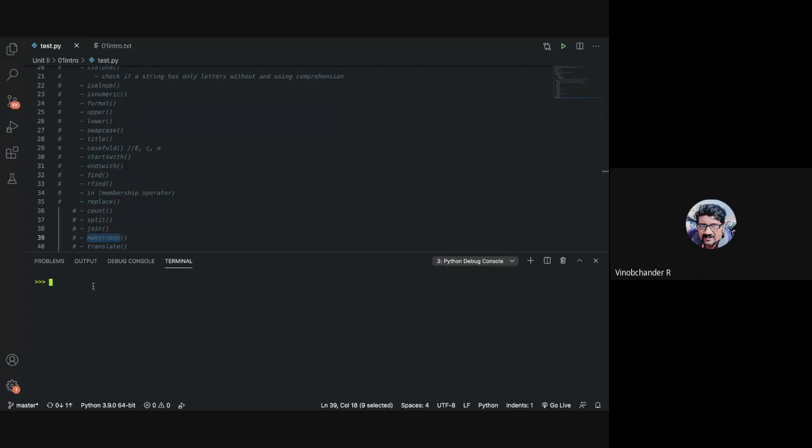Let us see an example to understand better so that we get a feel of the difference between make trans, translate and replace. Say for example, I have x, which is 1, 2, 3.